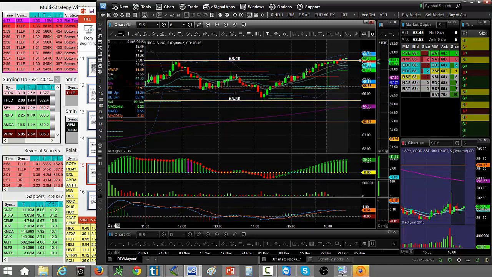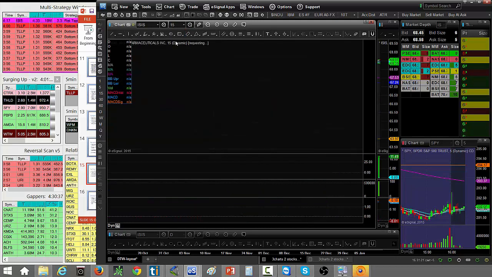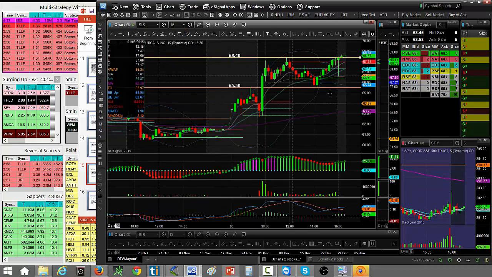If you want to be in a stock that looks like this and is looking a little bit choppy, sometimes you have to go back to the 15-minute chart. Step back a little bit further. When you step back further, the picture becomes clearer and clearer. On the other hand, if you step back too far, your stops are going to be really, really stretched out,